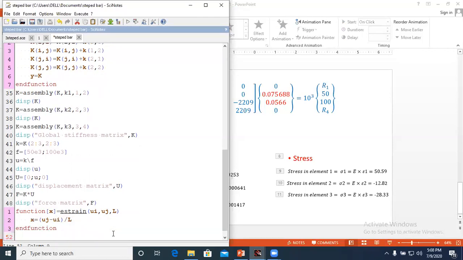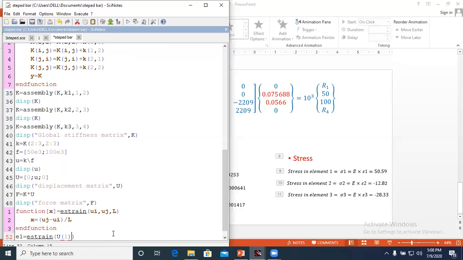Now I will call this function for element number 1. While calling this function, I will write E1 equal to Estrain. E1 is the strain in element number 1. Now what do I have to transfer? ui means the displacement of node number 1, which is capital U1.